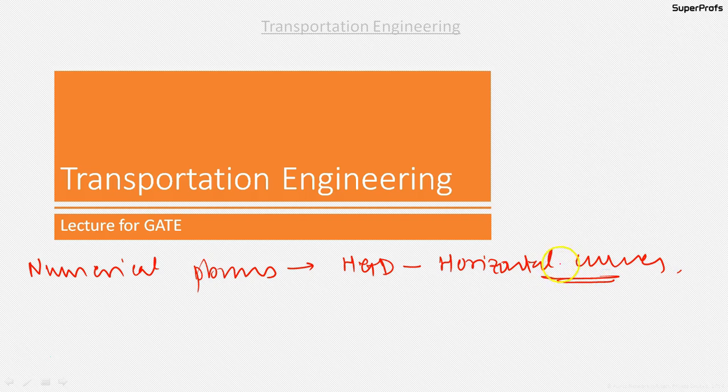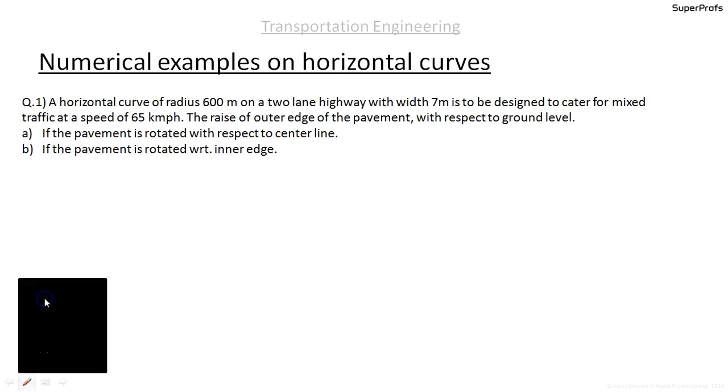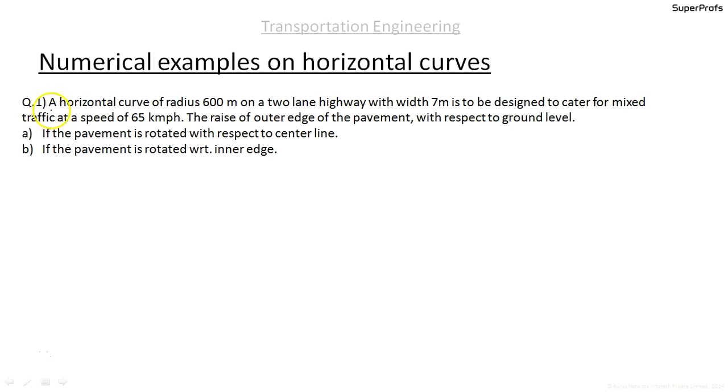Moving on to question number one: a horizontal curve of radius 600 meters on a two-lane highway. Let us side by side write down the data also. So here it is given that the radius is 600 meters on a two-lane highway